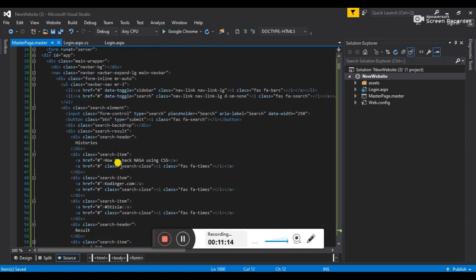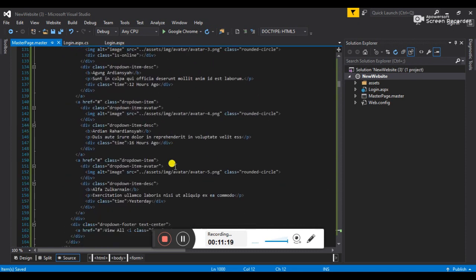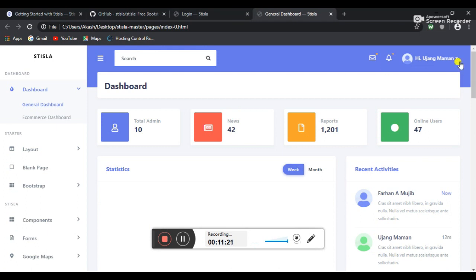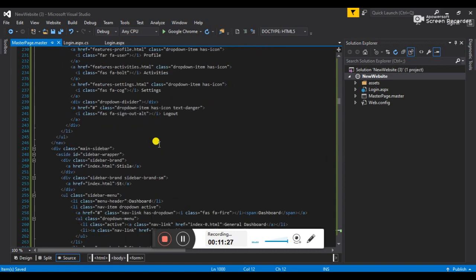Alright, okay. Now we have to provide the username here. We have to provide a label which will give us the output. So we will find where the label is.